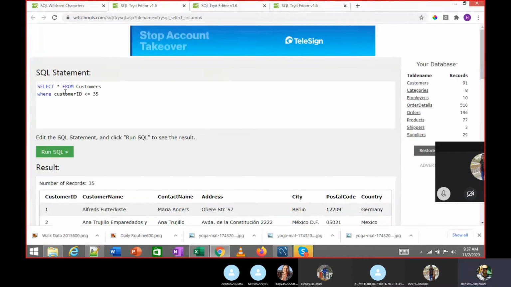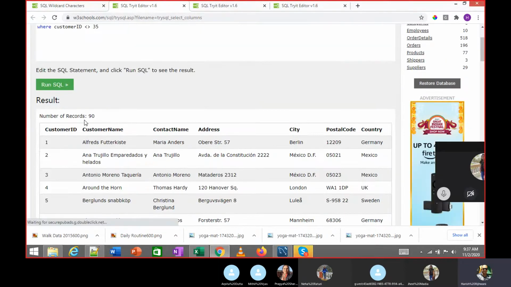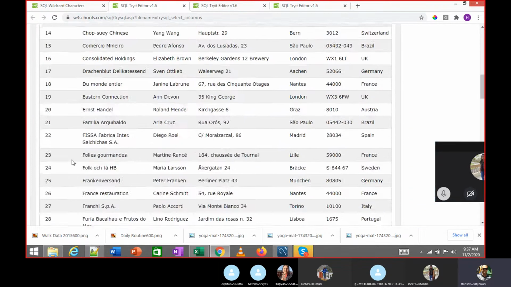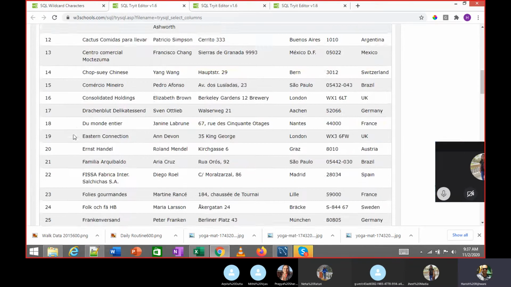In that same way, where customer ID not equal to 35, I can do it this way. There are 91 customers over here if you see total. Without 35, I'm getting 90. So here 34 and 36.